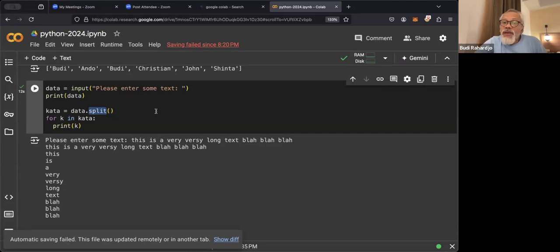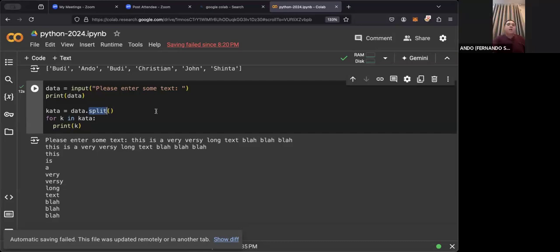We can also split based on character. So when we do crypto analysis, for example, I want to count the number of words in this sentence. I want to count the number of characters. What are the most frequent characters? For example, in English, what is the most popular character? Any?